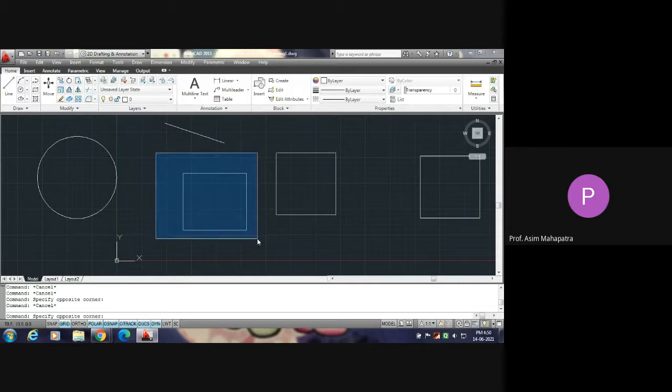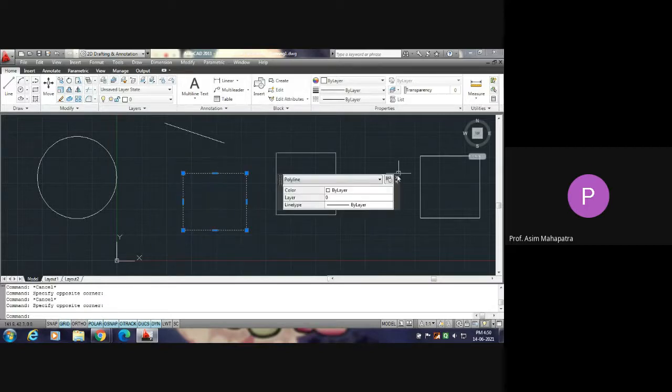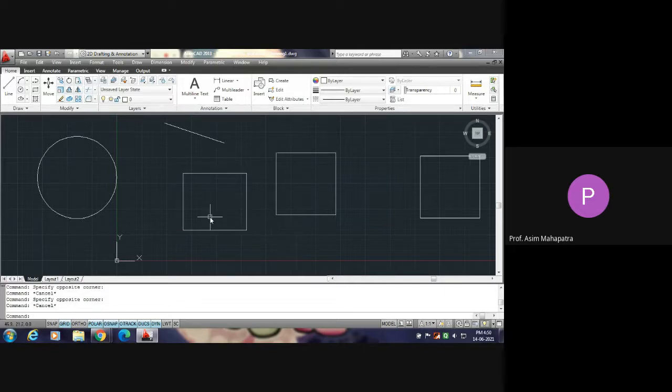This is the blue window and the total entity is within the window. So the polyline, or the rectangle, will be selected. It is selected. Now, if the same window is drawn where only part of the entity is within the window, no entity will be selected.